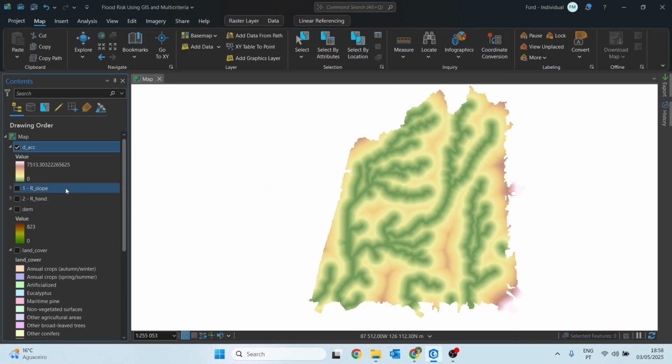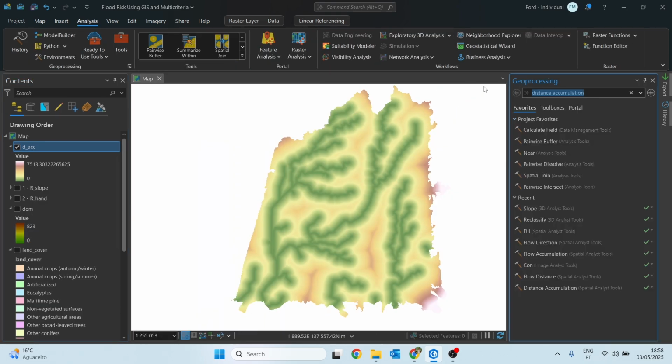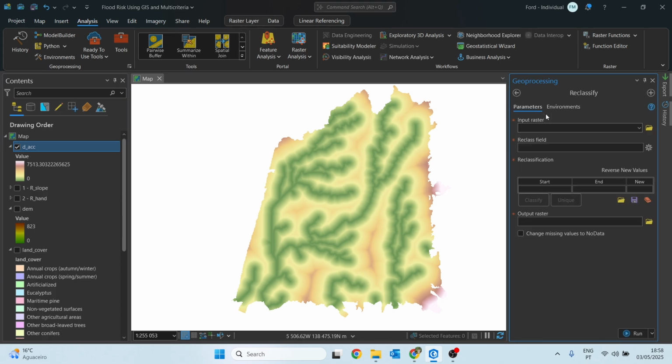So the green color represents the areas closest to the rivers, as we can see, while the more reddish and white tones indicate the areas that are further away. This one is pretty easy to do, so now let's reclassify the distance accumulation. Search for reclassify.